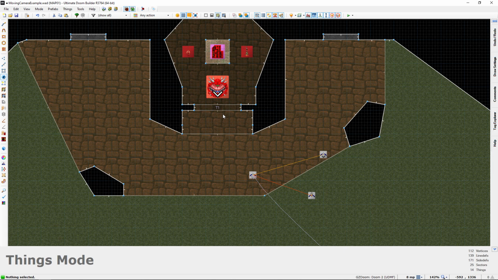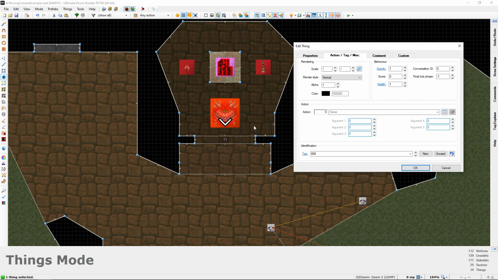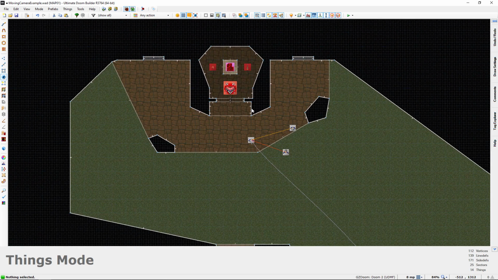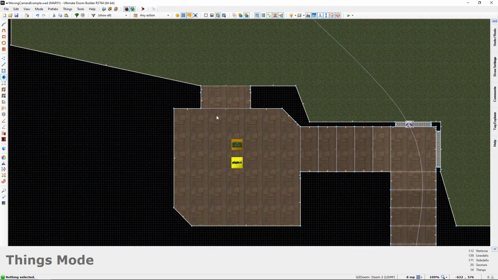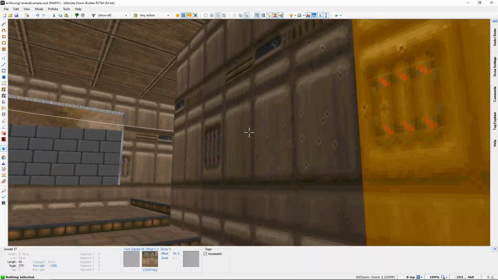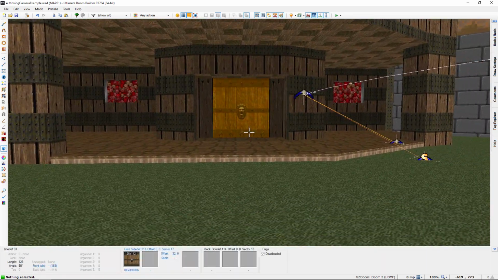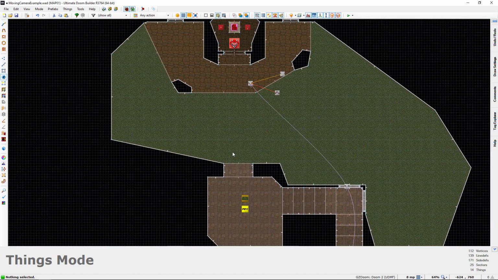So now that we've taken care of the door, we need to take care of the Cacodemon. So if I pull up the Cacodemon properties, you can see that I've gone ahead and given it a tag of 666. And what I want to do is I want to tell the Cacodemon to wake up and go inside here, which is the very bottom of this text-based structure that the player starts in. So to tell like an enemy or an actor to go somewhere, you can use